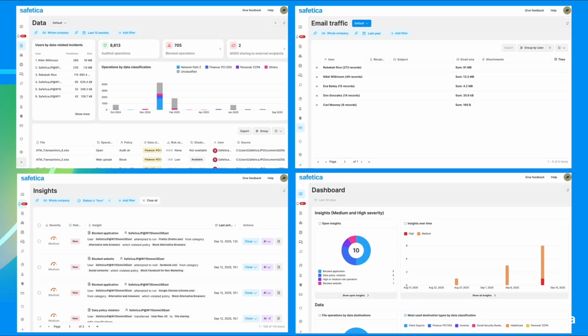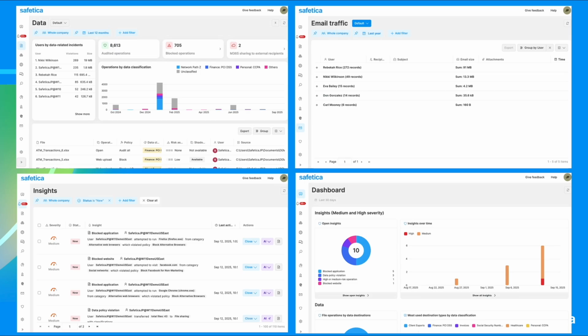Can also look into email traffic within our solution. Again, as kind of mentioned on the previous slide, a lot of these things can be separate solutions. So having this all in one place, again, is very helpful. Then we also have our main dashboard on the bottom right side of the page here, where it goes over kind of all the alerts and all the data related incidents and application usage and AI usage and all that good stuff. Again, in a nice and simple and easy to understand format.